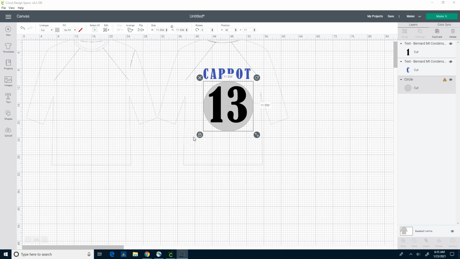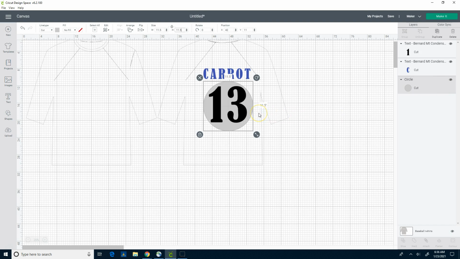And one thing to note, which I'll point out, is if you look over on the right, you'll see that there's a little warning symbol next to that layer for that circle. If you left click on that, it's going to tell you that it's not supported by Maker. So it's basically too large, right? The Maker only has a certain width that you can use. So it has to be 11.5 by 23.5 or less. So basically what that tells me is that I can't create a circle of this size, so I would have to come in and adjust. If I make this exactly 11.5, that error goes away,